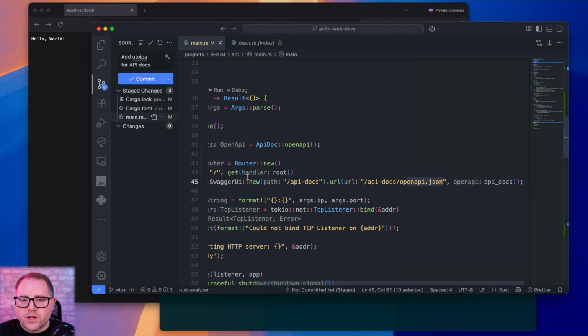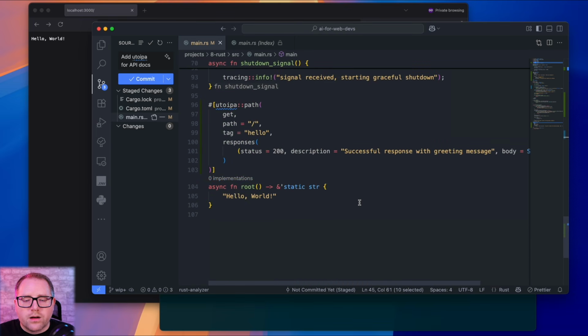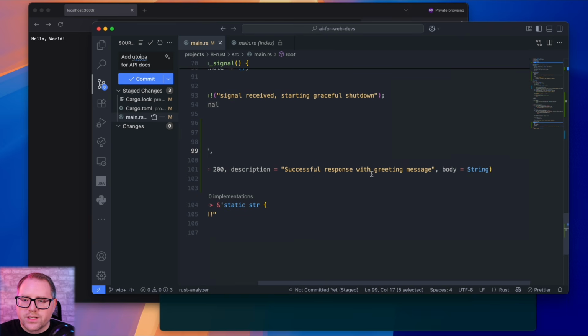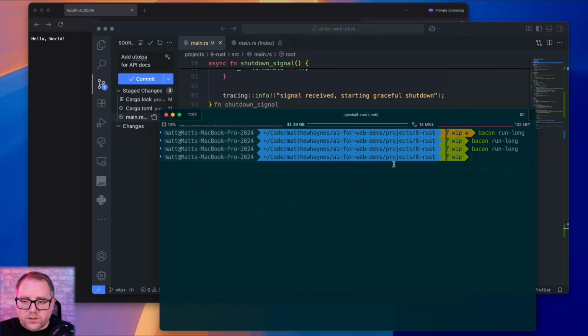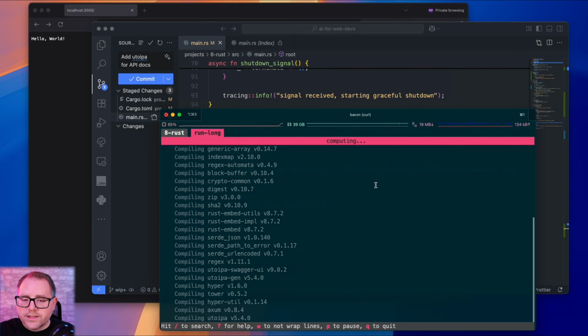We're passing in our struct, and then we go down here for our route. What we did is we added this information here. So it's a get, it's on the root, tag hello, I'll show that in a second, and some basic information. So now if it's running, it's going to need to compile all that stuff.